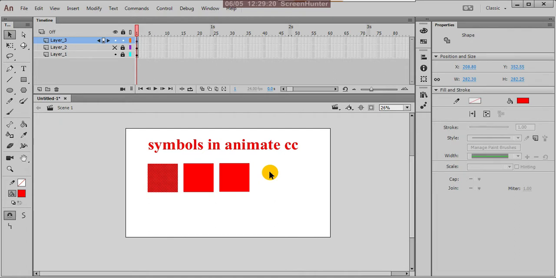But in Flash, the strategy is to create your animations and graphics with less file size, because we upload your animations and graphics to the web for internet usage. We use this software for that.